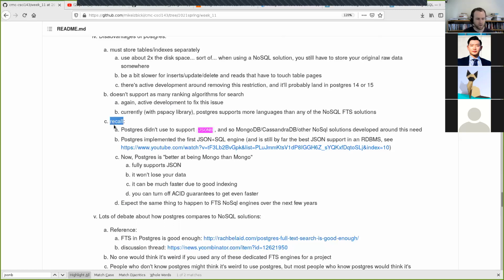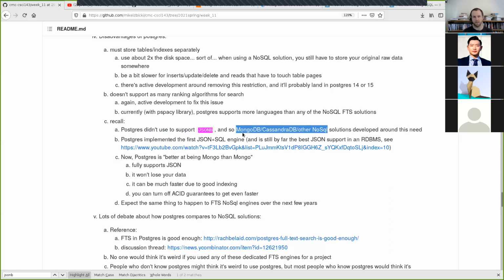So, a quick recap of some other JSON related things. We talked before about how Postgres does now support the JSONB type for including JSON in the table. That wasn't always the case. It was 2016 actually when that was first introduced. And MongoDB and Cassandra and all these other NoSQL solutions for JSON, they were really becoming popular in 2012. And so at that time, these solutions would have been something that you might want to choose over Postgres. But now that Postgres does everything that they can do,